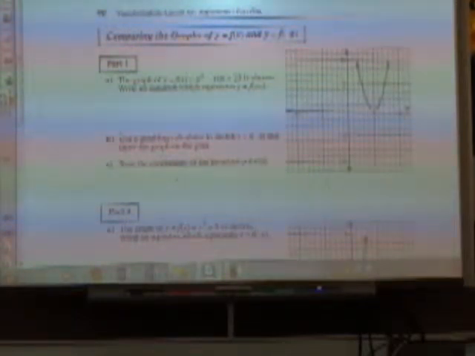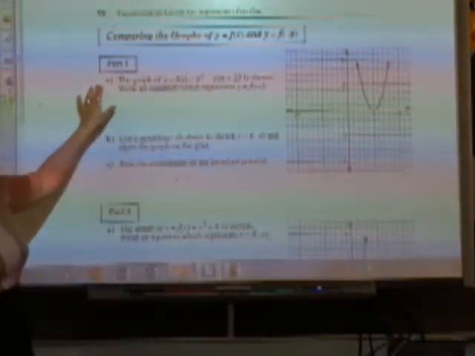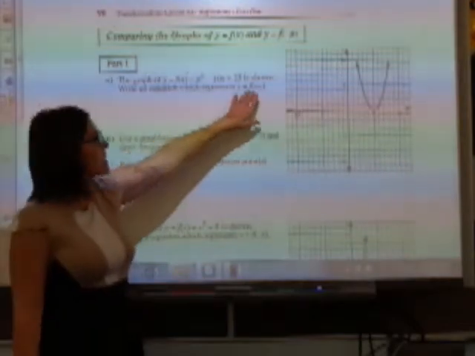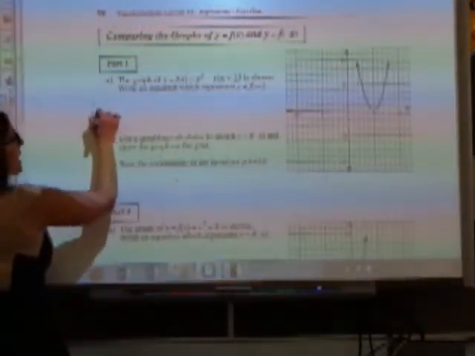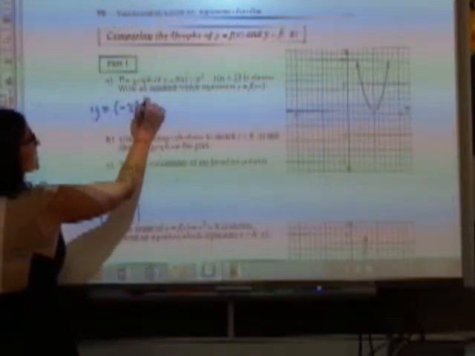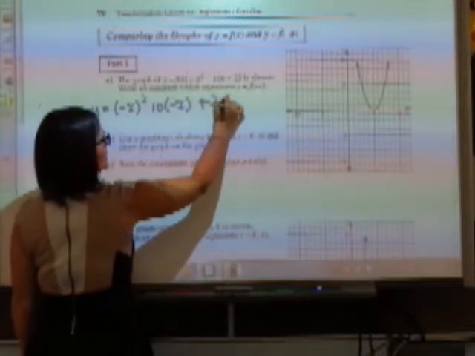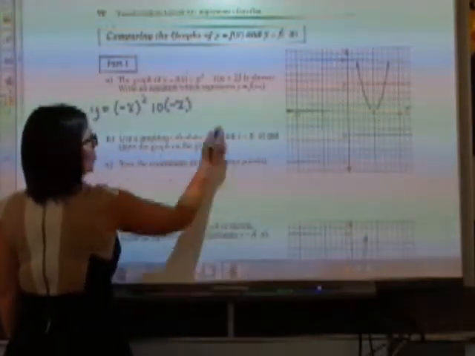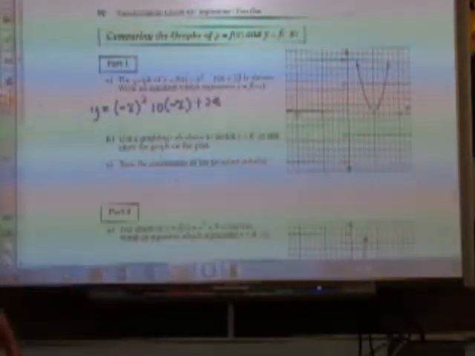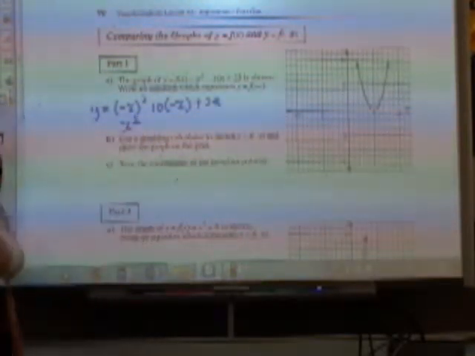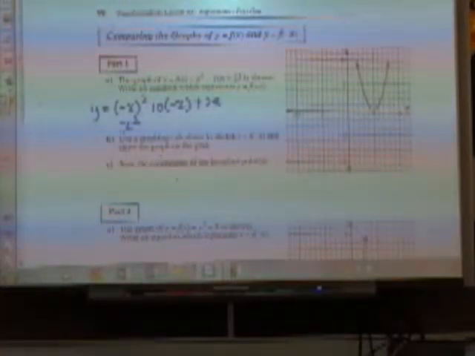The x coordinates. I'm replacing x with a negative x. So this time I have the same equation that I had for part 1 on the previous page, only now I'm replacing x with a negative x. So what I would get would be negative x squared minus 10 times negative x plus 25. So when I take negative x and I square it, what do I get? Positive x squared. And when I take negative 10 and multiply it by negative x,